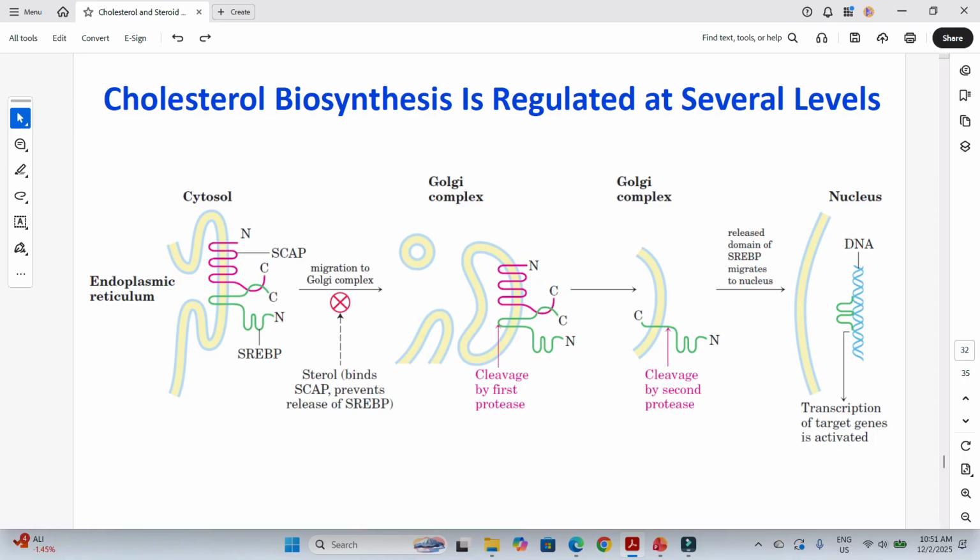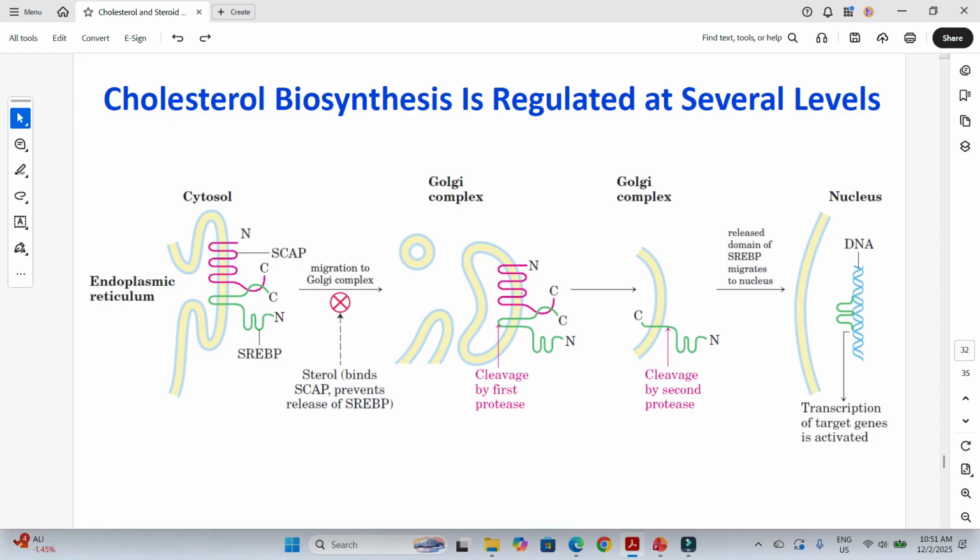For example, the moment you eat lunch, the genes coding for the enzymes of glycolysis and the citric acid cycle will be activated so that its gene products, the enzymes for glycolysis and citric acid cycle, will be formed or produced and will be used for the oxidation of glucose. So the same is true in this case.